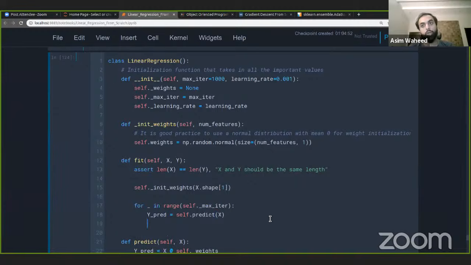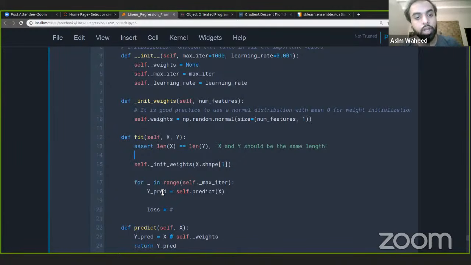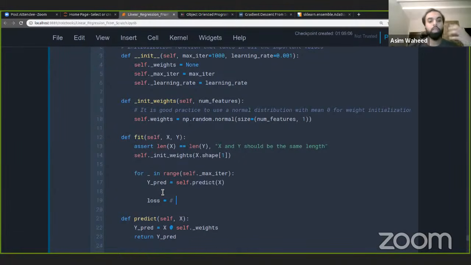So use X to predict the particular prediction. Then we're going to carry out our loss. And for now, I'm going to leave this empty, right? And this is a very important thing that we often forget in programming, which is the idea of abstraction, the idea that